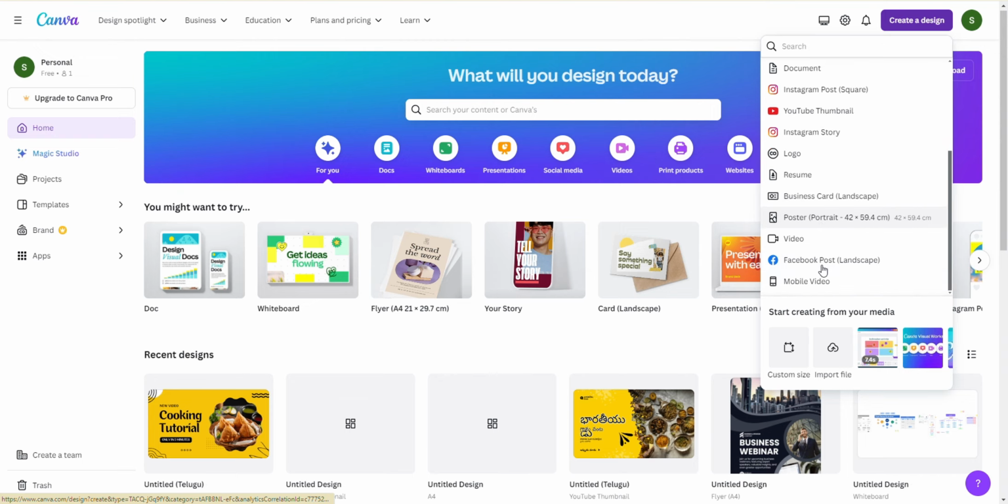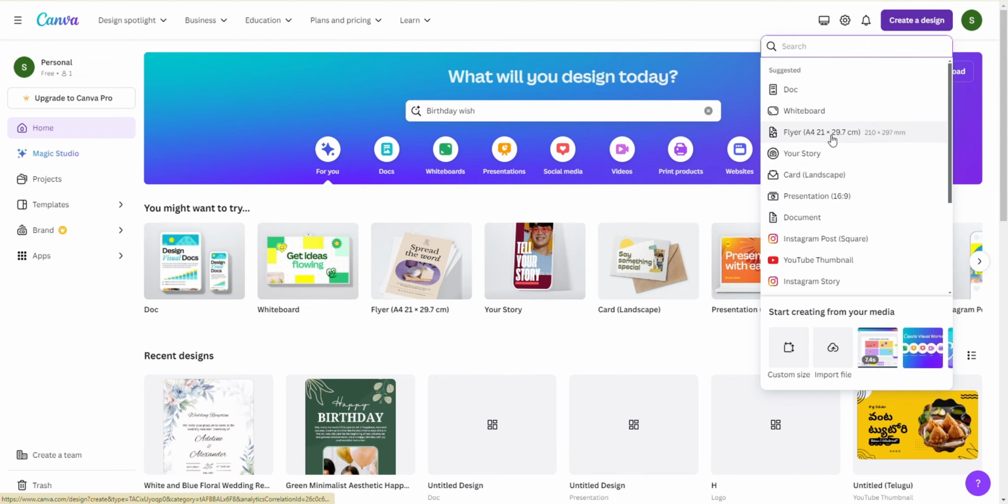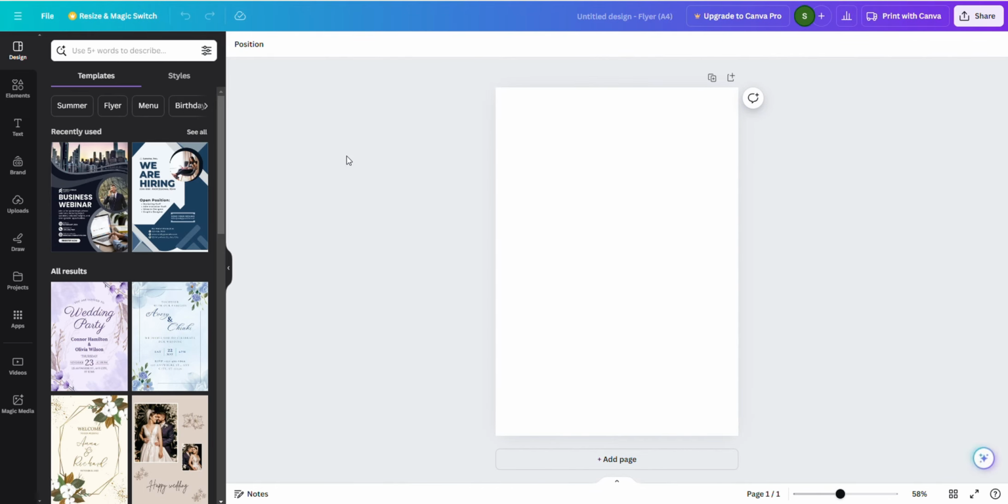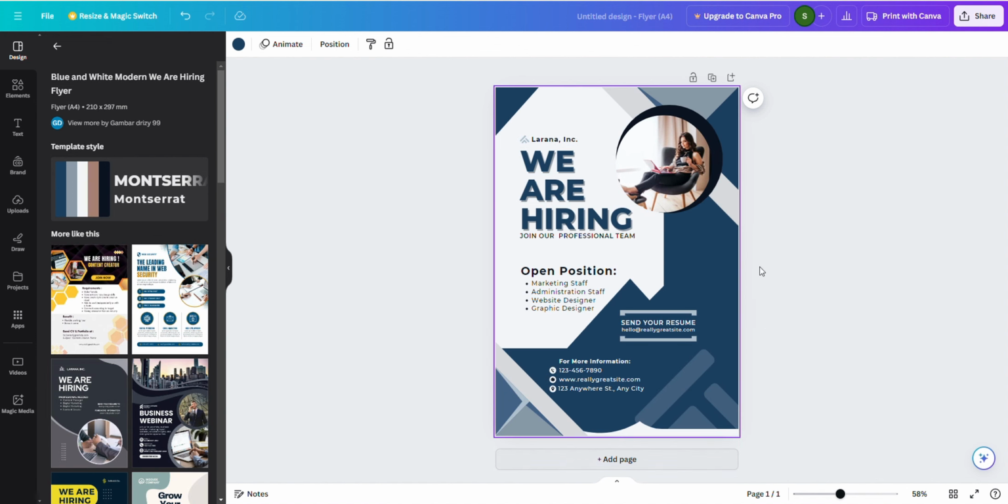And the next one is flyer. What exactly is a flyer? It's a single paper, and you can advertise your idea, product, or event, or anything by using these flyers, right? For example, from these templates you can choose whatever you like. Say you want to announce that we are hiring in a flyer, and you can update the details here. A beautiful we are hiring template is ready for you, update the information, and you can download and utilize it easily, even the flyers.